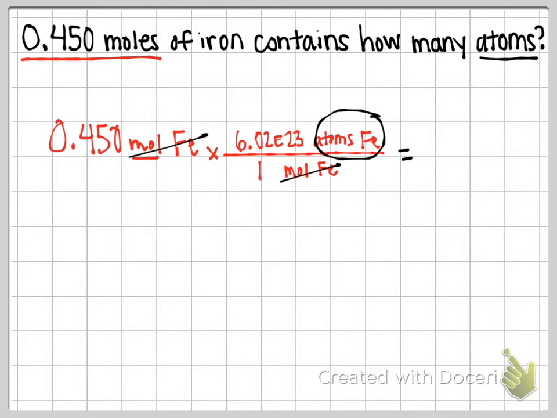So you would take 0.450 times 6.02 E23 divided by 1, which would be the same number, and you should get 2.709 E23. And the unit there is atoms